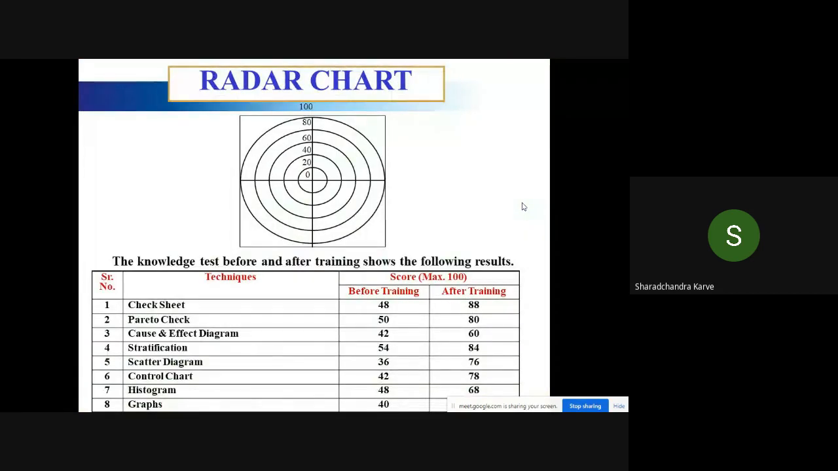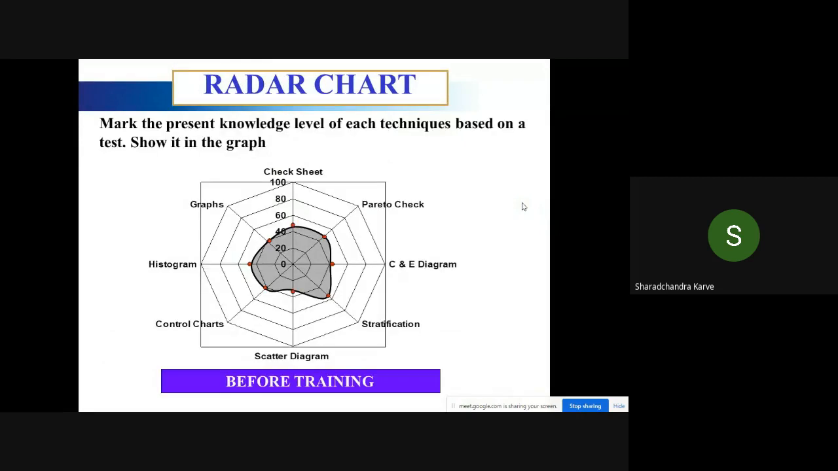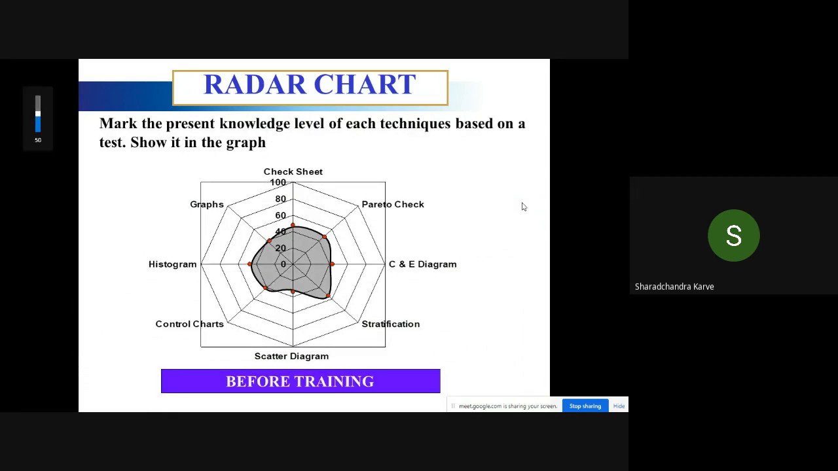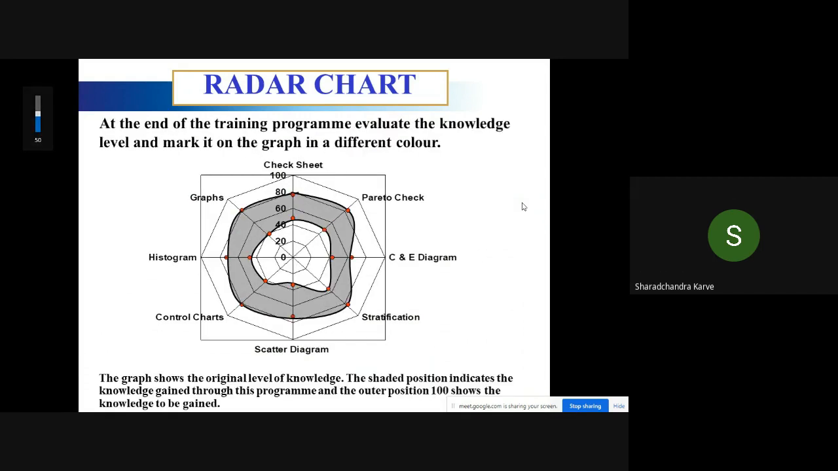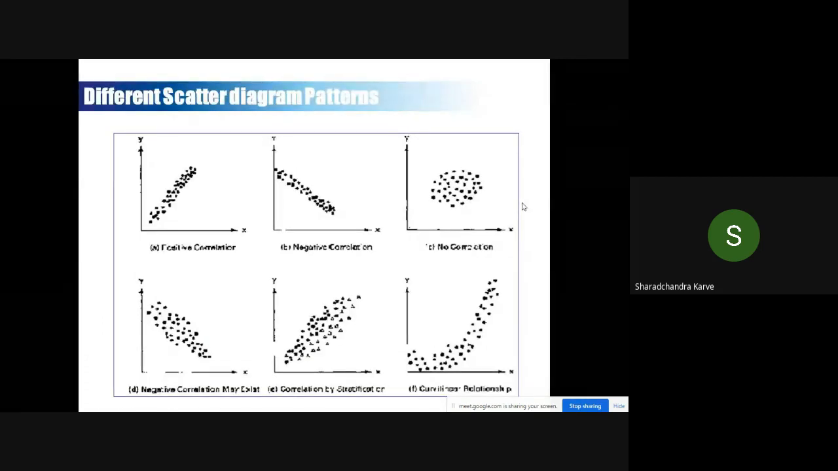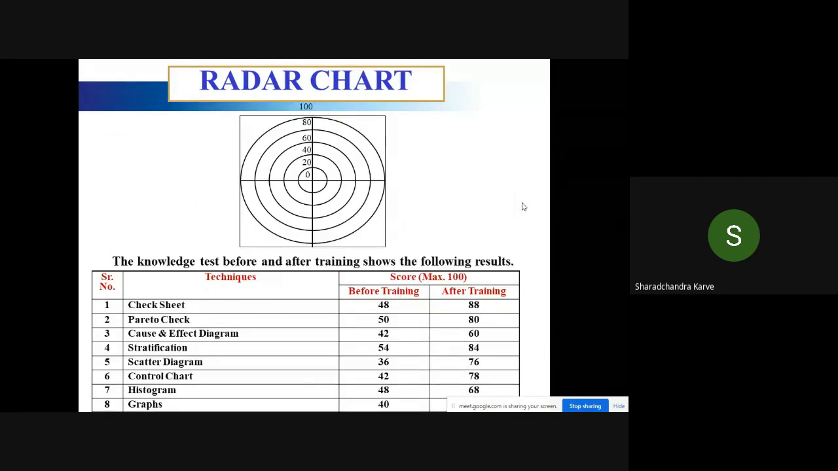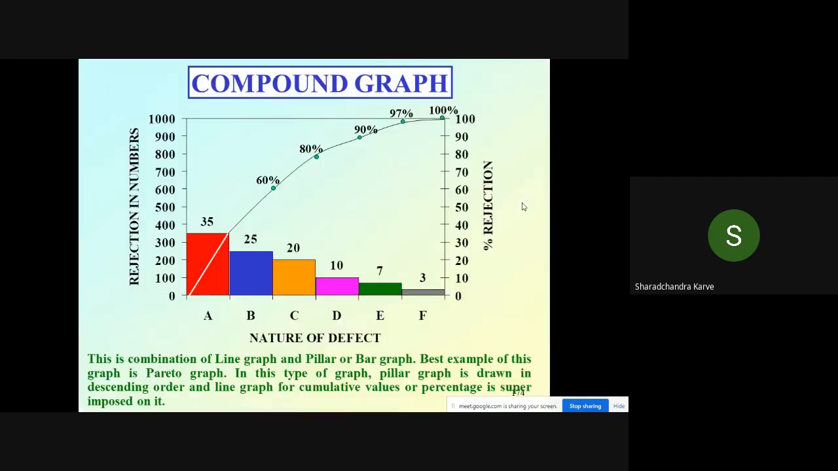So this is a radar graph. You must not have seen this. What you can do in this is, earlier slide, Himanshu, please. Earlier. One more back, you are going forward. So what is this? This is a round type of scale where